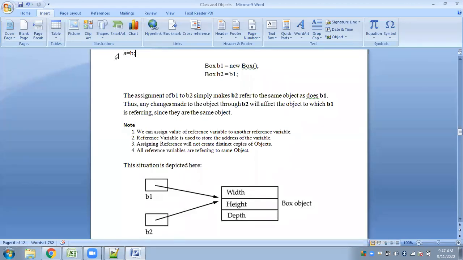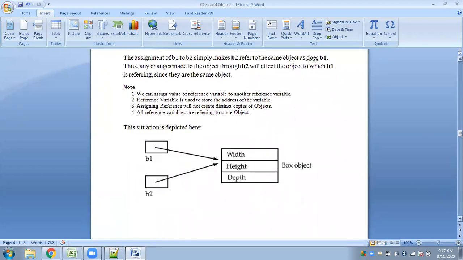But A is a different variable, B is a different variable. Here we don't have different objects. We are pointing to the same object. We are simply copying the value from this reference variable to the other reference variable, and we have this scenario here. Is it fine?